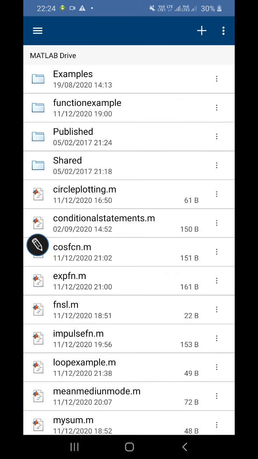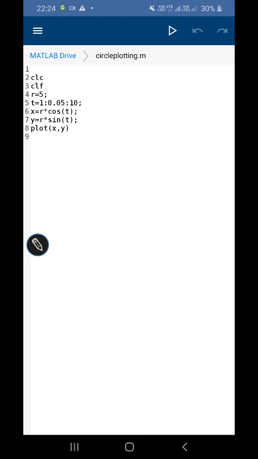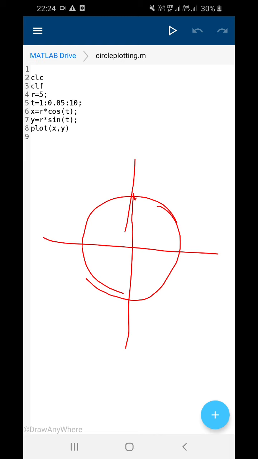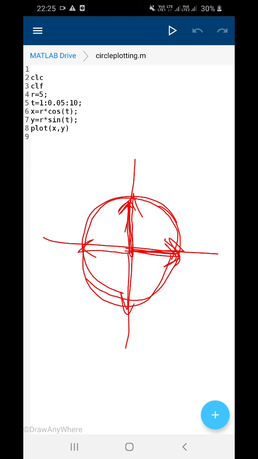So one last thing is how you can plot a circle in MATLAB. You know that your circle has got, if you draw the circle like this, and you know that the length between these 2 points is nothing but the radius. Any point over here is at the distance of the radius. So let us see how to plot the circle.